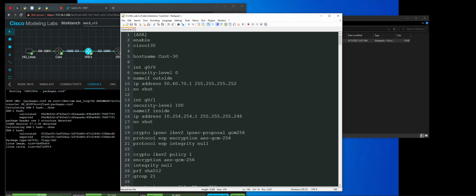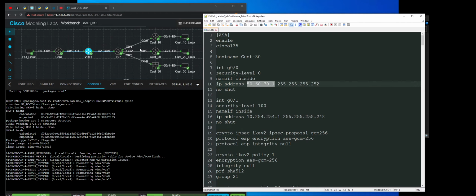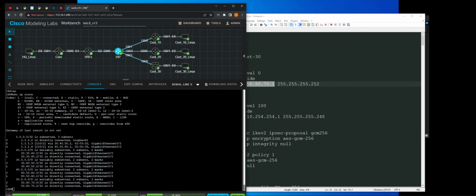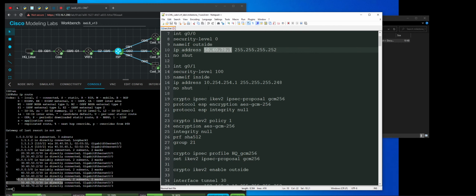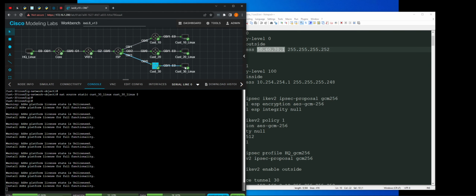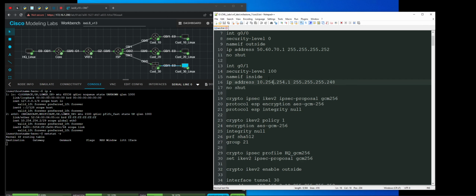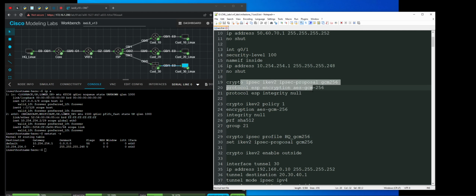So the ASA has a G0/0 outside interface with the public IP of 50.60.70.1, which is what you see linked here on the ISP. Inside interface 10.254.254.1/29 network. That's what the customer 30 Linux is connected to. So you can see its default gateway is 10.254.254.1. We've got the crypto configuration,